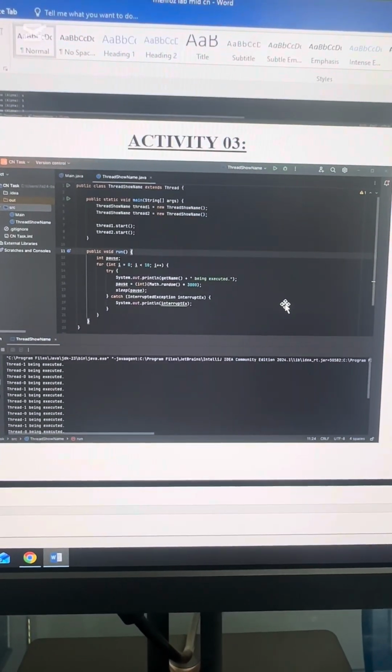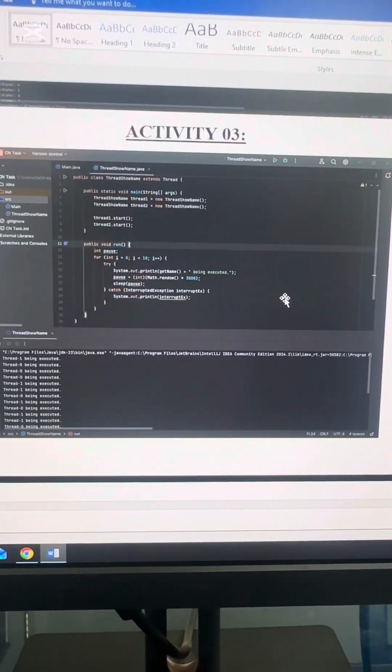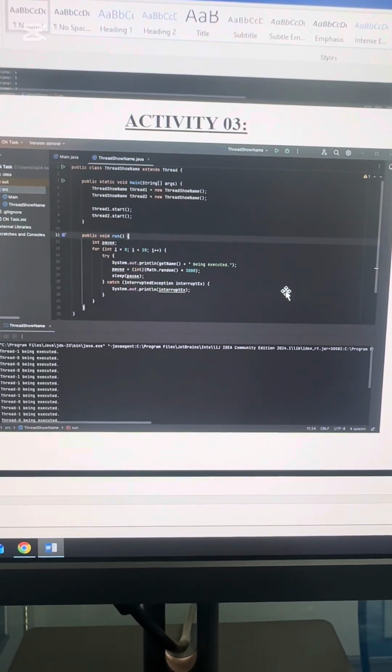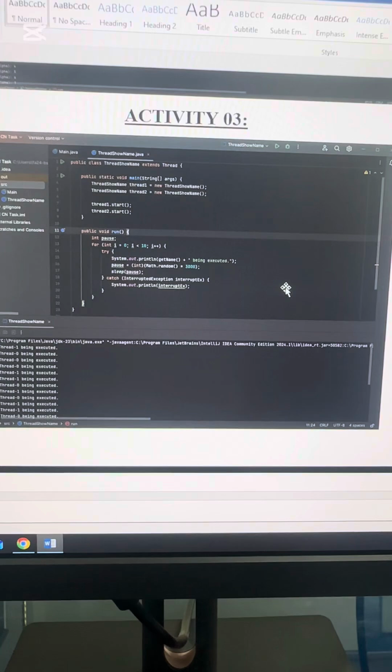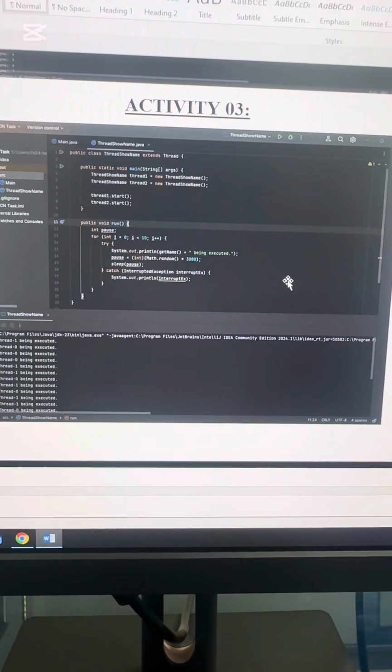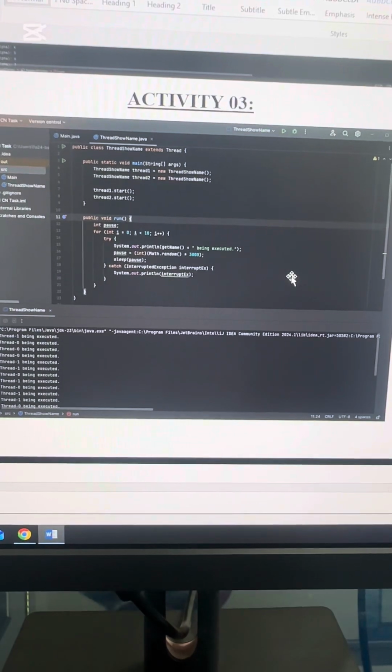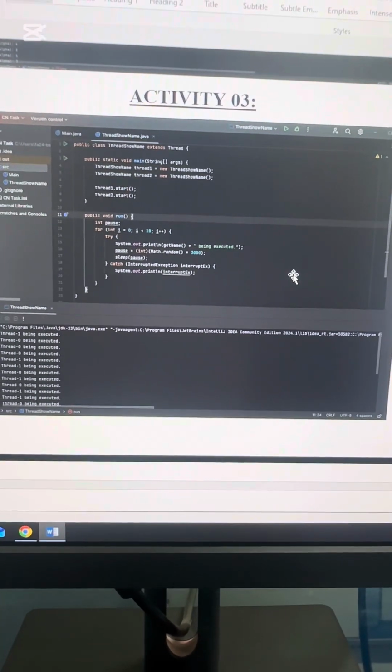The ThreadDemo and NamePrinter classes demonstrate creating multiple threads. Each thread prints a sequence of numbers and introduces a random sleep, simulating work. A key feature here is interrupt handling. We specifically interrupt one thread, Beta, to show how it safely stops executing early, catching the InterruptedException.